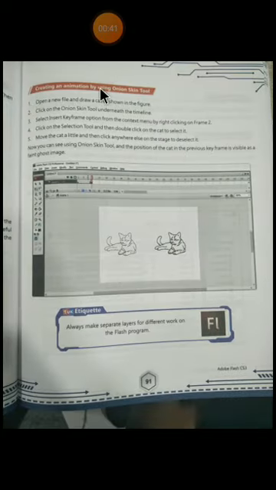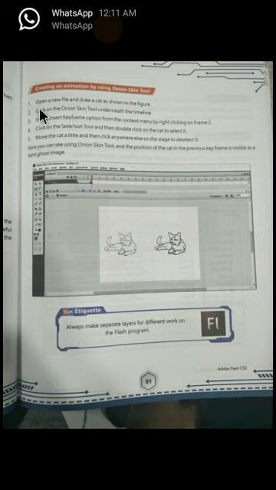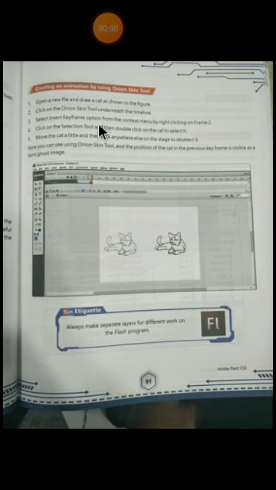Next is creating an animation by using the onion skin tool. How? Open a new file and draw a cat, as shown in the figure. Click on the onion skin tool under the timeline. Under the timeline you will find the onion skin tool. Select the insert keyframe option from the context menu by right clicking on frame 2. Simply right click on frame 2, then choose